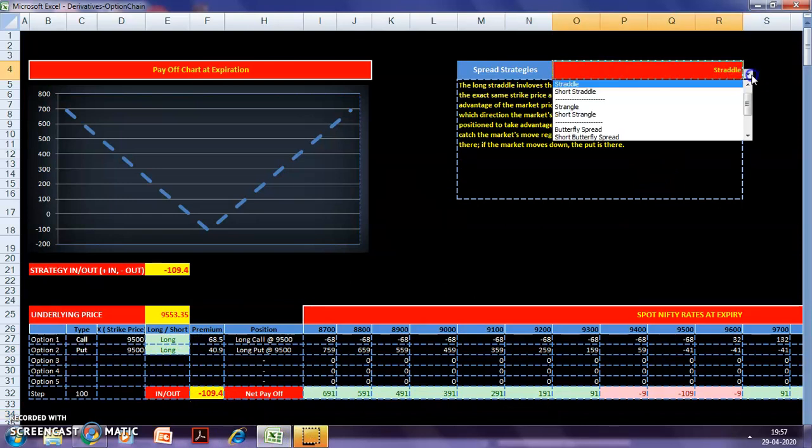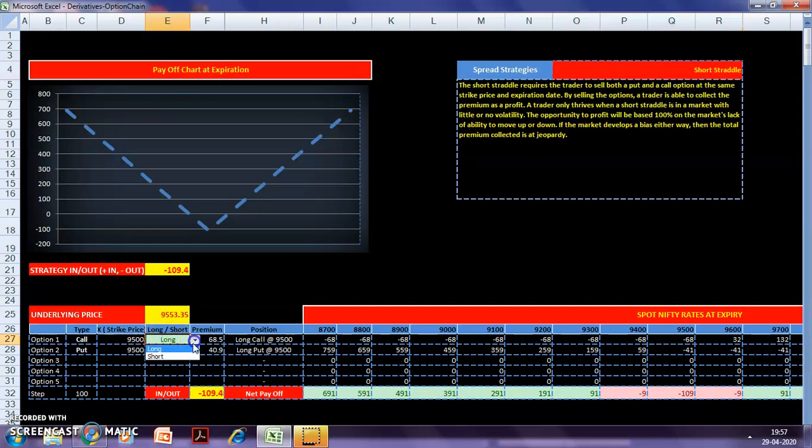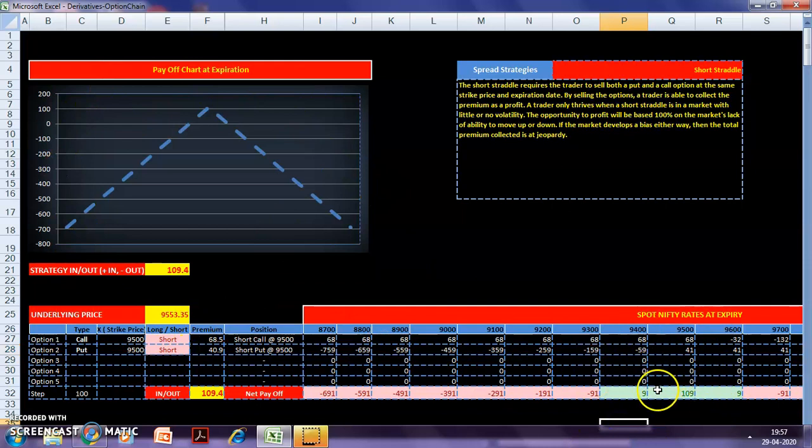Now let us look at a short straddle. Short straddle is basically you sell a call and a put. You do it when you think that the volatility is not going to change much, it is going to remain the same. So now I short it, so you get an inverse graph. The payoffs are calculated here. If the market is between 9400 and 9600, now we get a gain. Any point beyond 9600 we have a loss, any point below 9400 we have a loss. So it is a mirror image of the straddle. Short straddle is a mirror image of a long straddle.